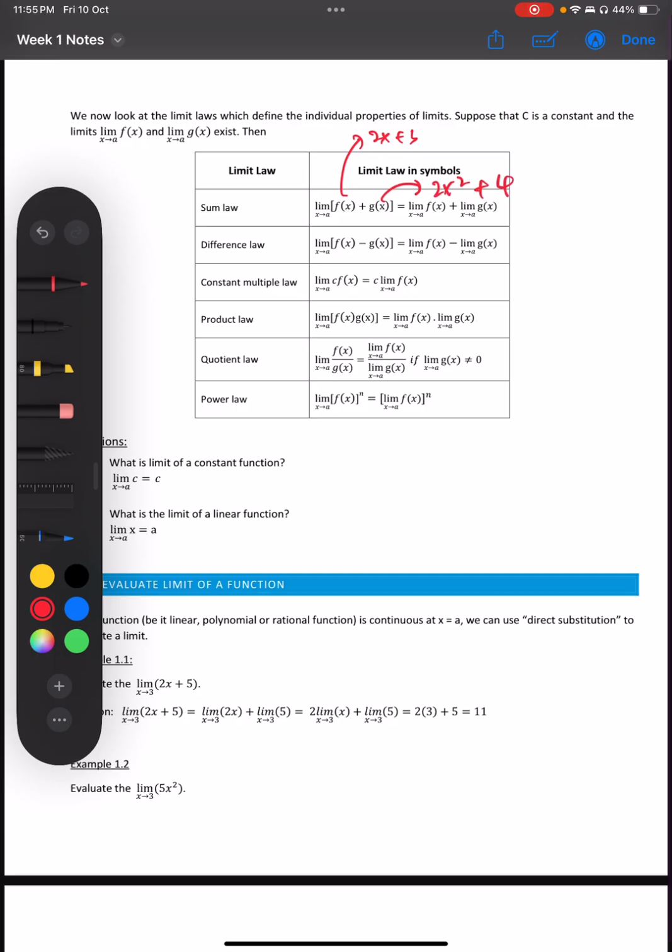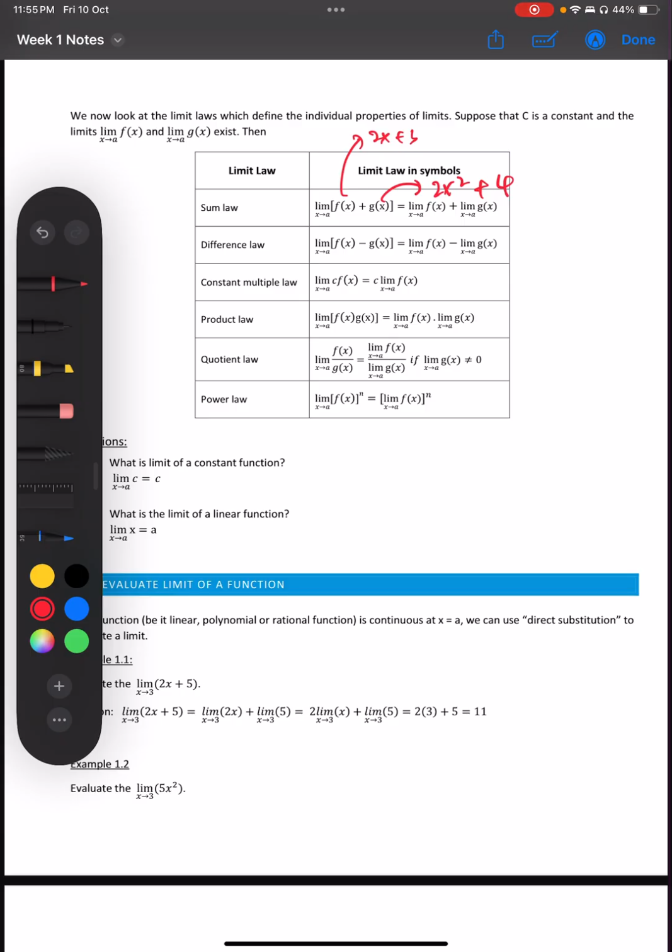If the functions are added together, you can separate them using the sum law, meaning that the limit of the function f(x) plus g(x) is equivalent to the limit of f(x) as x approaches a, plus the limit of g(x) as x